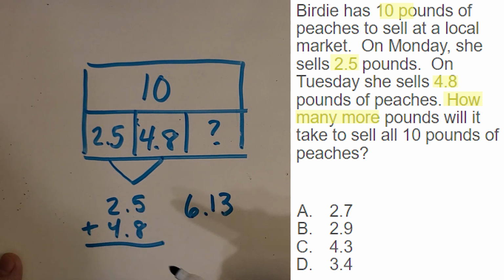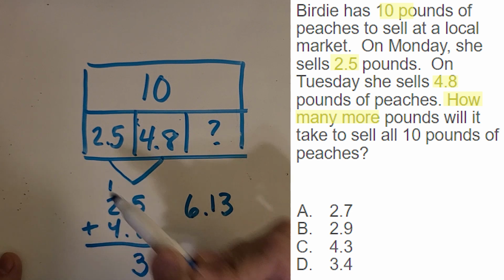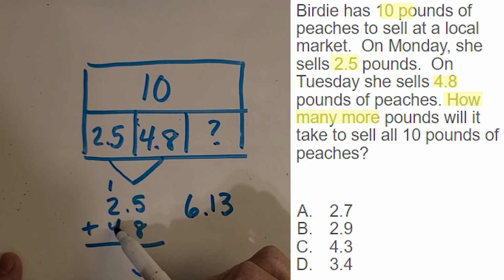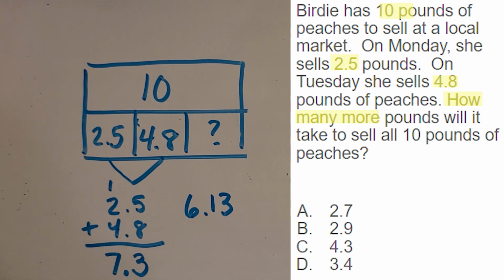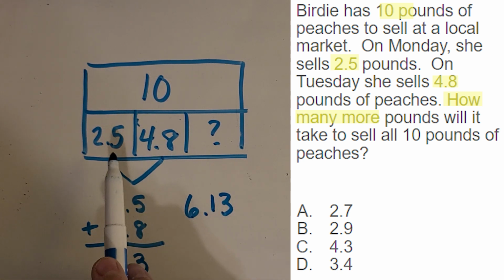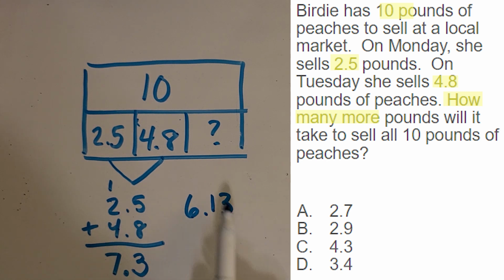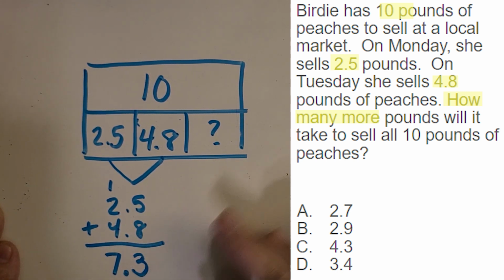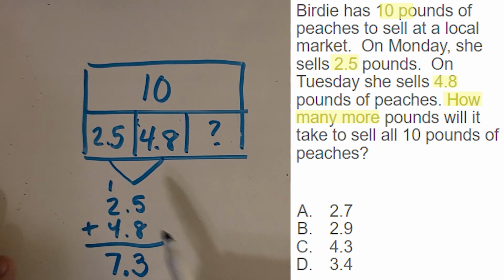So again, 8 plus 5 is 13. So I agree with that, but we need to regroup over here, so that might change things. 4, 5, 6, 7. Uh-oh. And then bring the decimal point down. Okay, so because of regrouping, it's really important to stack your numbers up and not just think about it mentally like this, because it's really easy to get a little off on your answer. Okay, so now that I know she has sold 7 3/10 pounds of peaches,